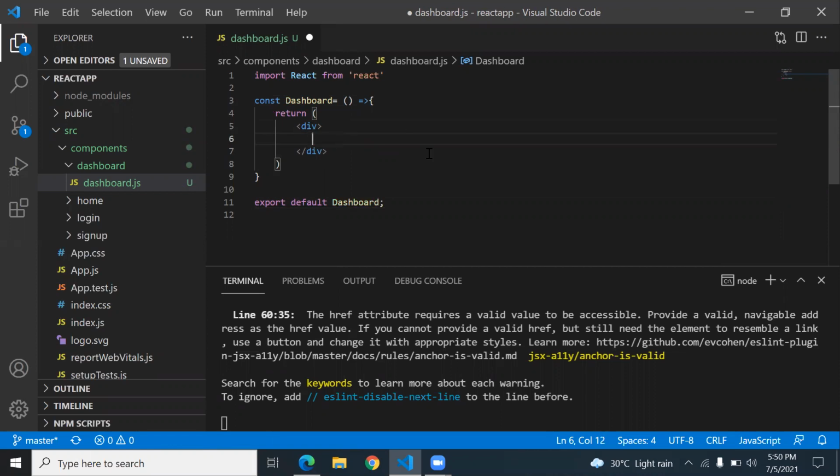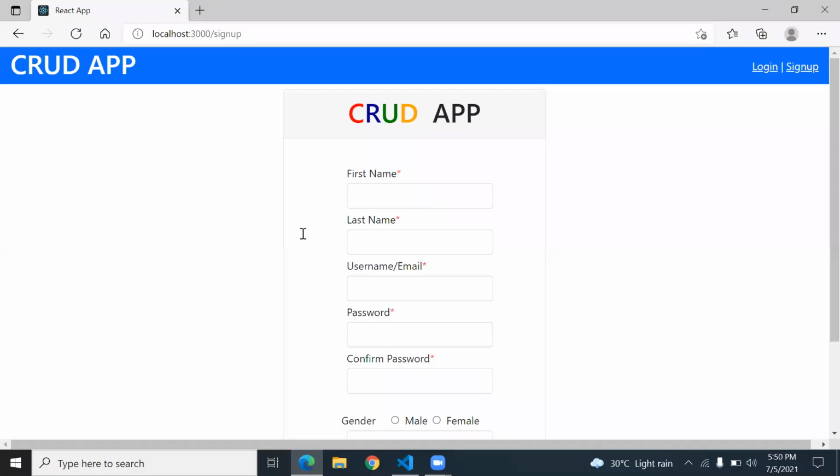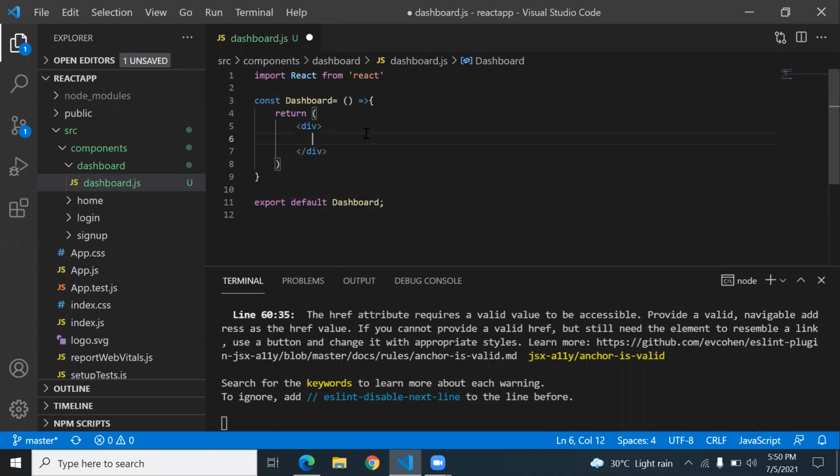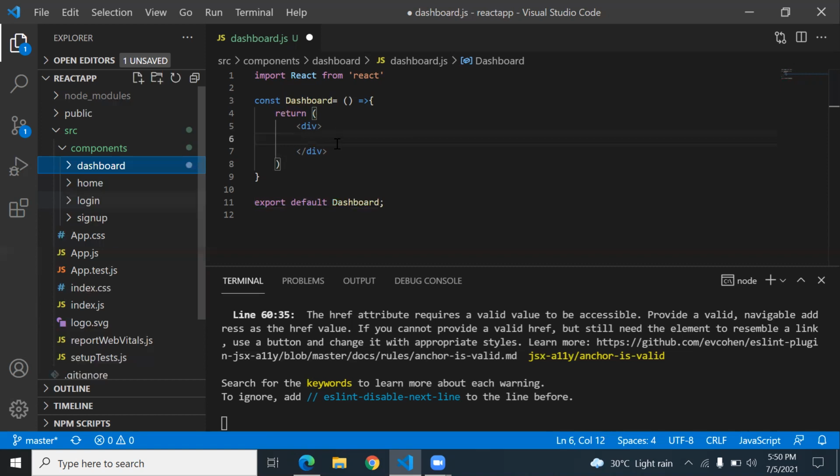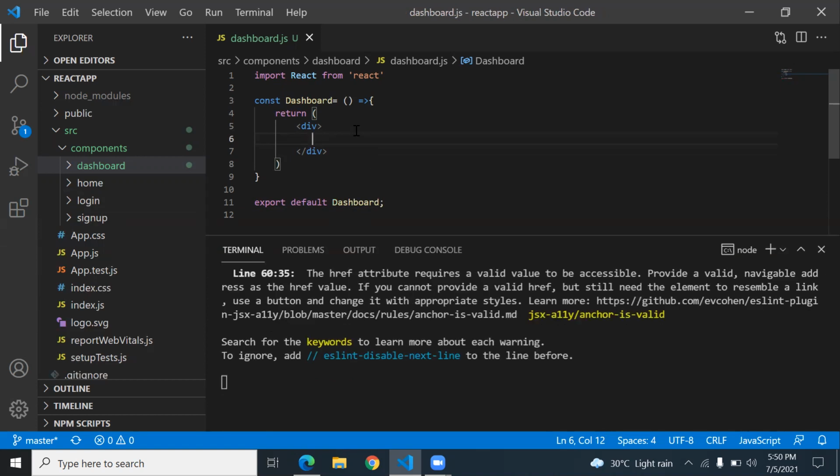When the user successfully logs in, then I want to show the dashboard. Login and sign up are working, but when to show the dashboard? When the user successfully enters the login with authentication. But how to make the authentication? How to make a request to the server? To do this, we will set up the backend.